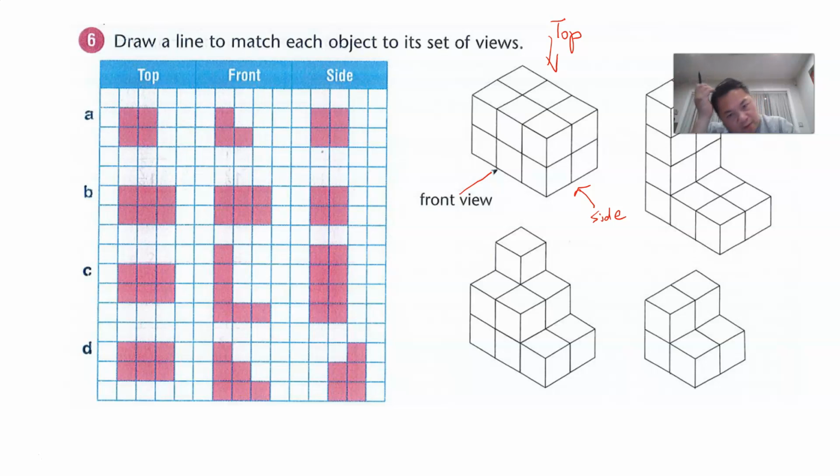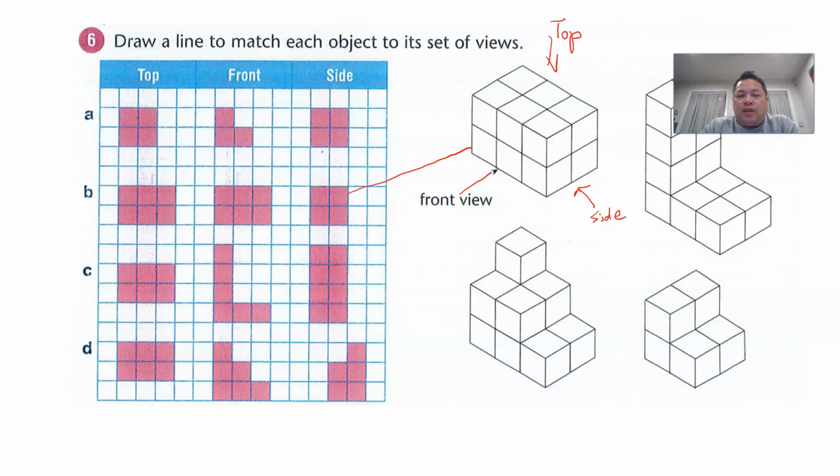So maybe we'll look at one of them. Look at this first one. So the front view, I should have 6 squares. So there are three possible options here. But which is the correct one? The side view, I only see 4 squares. So this seems like this is the only option, isn't it? And top view is 6 squares. So it seems like B is the correct one. So B, so I just link it, or this with this. That's the correct answer. So for the rest, I expect you to go and see for yourself, where is the